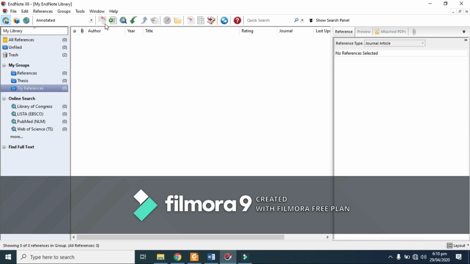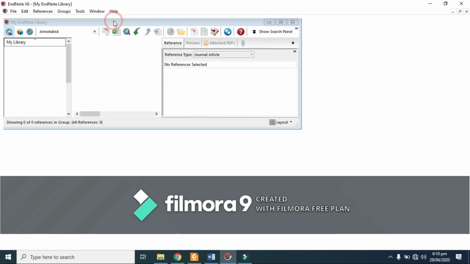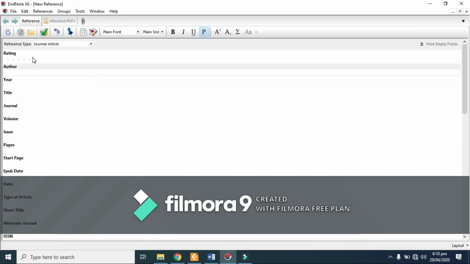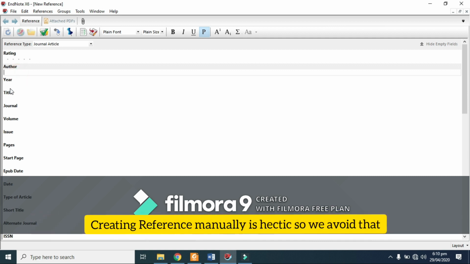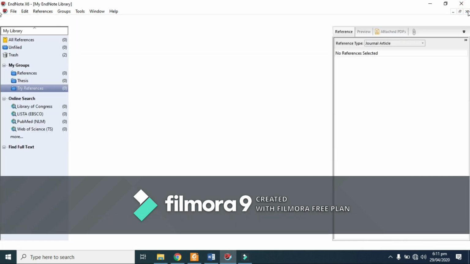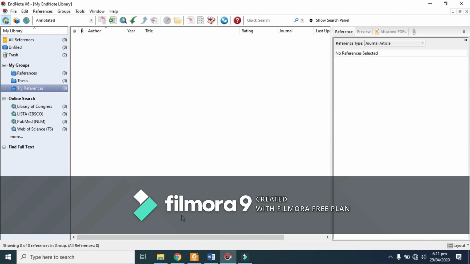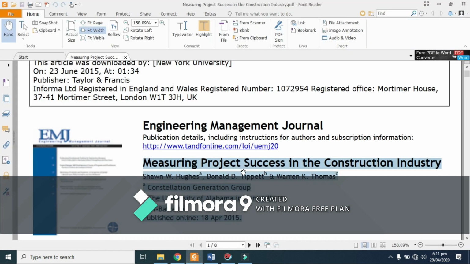Okay. Now I will go in new reference here in the toolbar. This dialog box appears. What I have to do is I have to add author name, year name, title name of the research paper जिसका I have to add reference. That is way too lengthy. I will not do this. What I will do is I will go to my research paper, select the title and all the details,